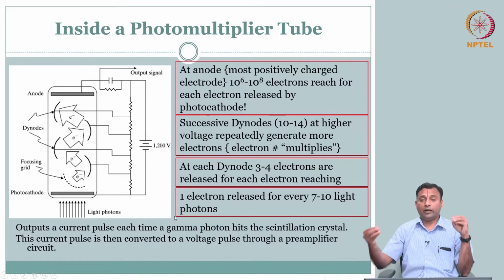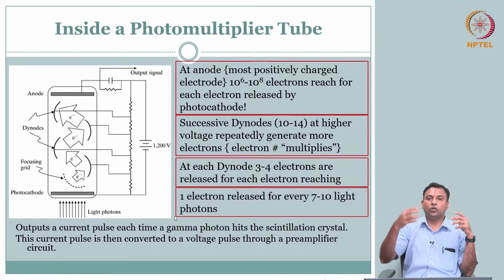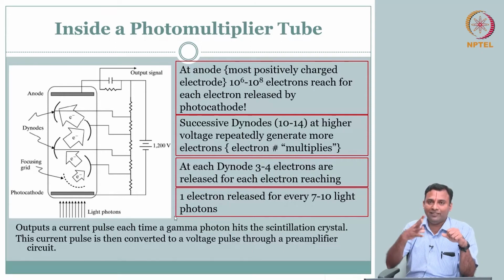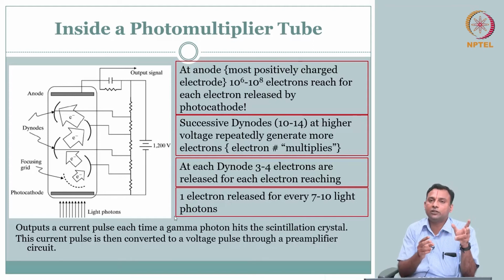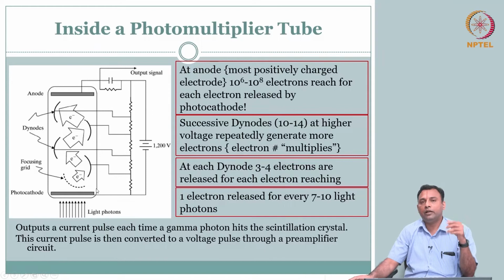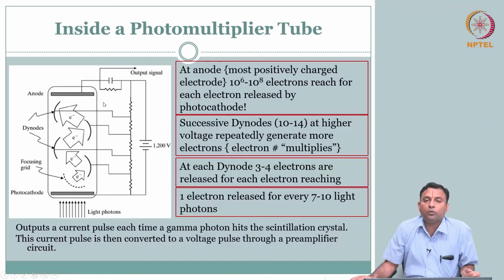So we will start from the source, from the body: one activity, a radioactive decay. One gamma photon comes through the collimator, the scintillator converts it to a few light photons, the light photons are converted to one electron, and that is multiplied through the photomultiplier tube and you get your electrical signal out, which is supposed to be correlated to the gamma rays that came. Okay, so that is your photomultiplier tube.